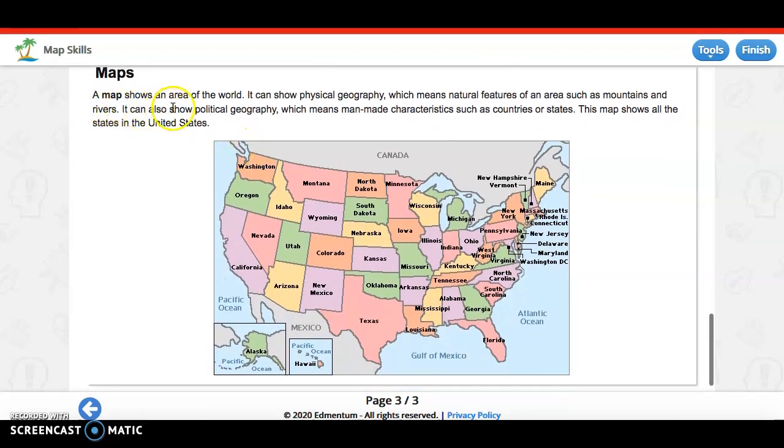Maps. A map shows an area of the world. It can show physical geography, which means natural features of an area, such as mountains and rivers. It can also show political geography, which means man-made characteristics such as countries or states. This map shows all the states in the United States. Again, that southeastern map from earlier will be around here, and this is the entire country split up into states,